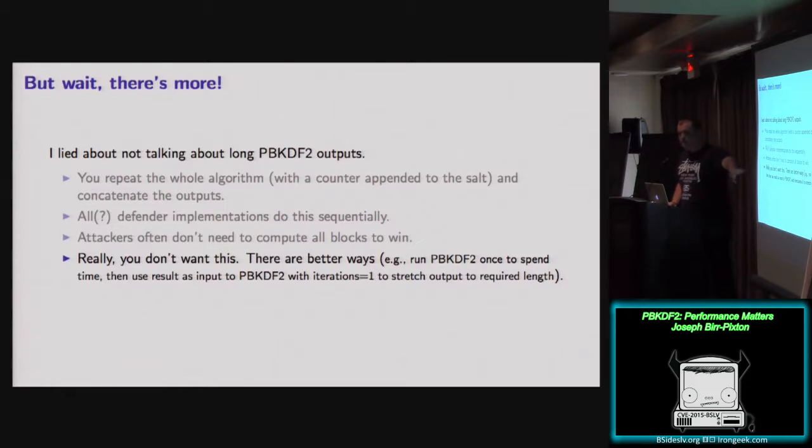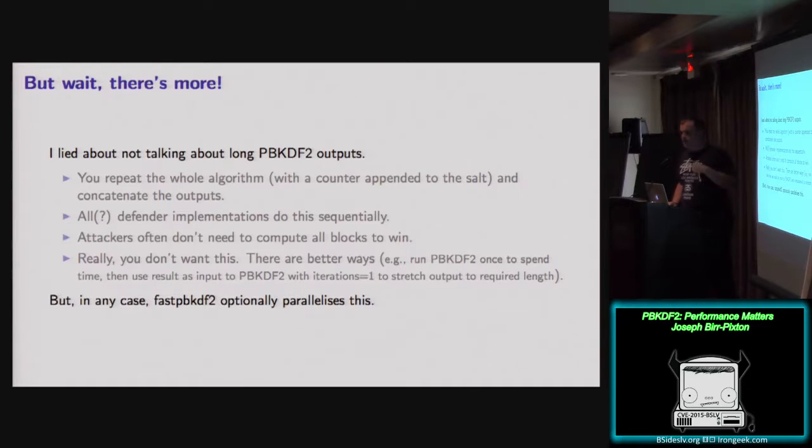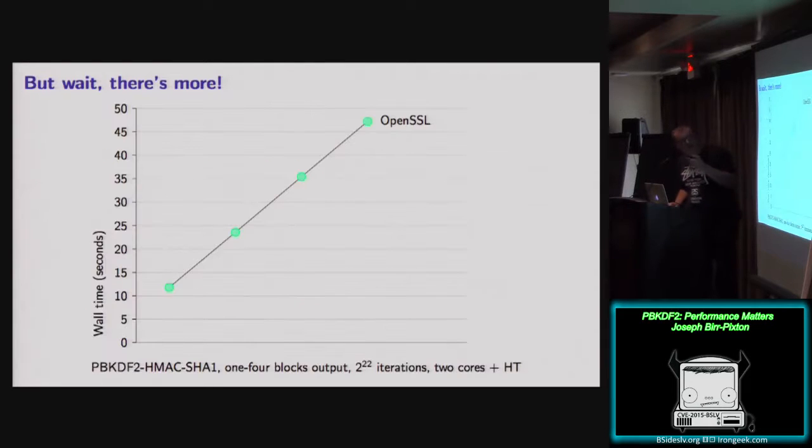You can actually fix this with PBKDF2. You can glue different things onto the side. You can have a step where you spend time, make one block of output, and then you can have a step where you don't spend any time, you merely expand it. That's fine. That works. But out of the box, it's not good. But if you really do want that, and you're kind of crazy, and maybe you have a deployed system which just is dependent on this working, then this library, it's not a library, it's a single file, can parallelize this with OpenMP. And so I have a graph, which is the last graph.